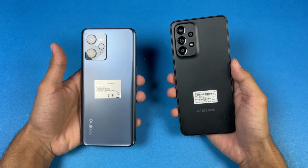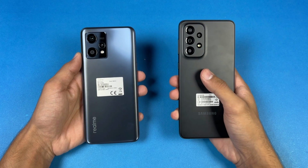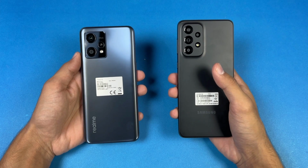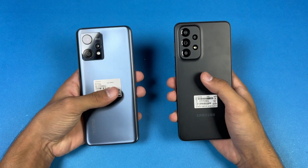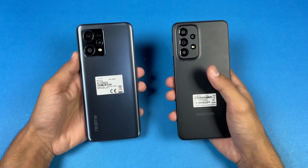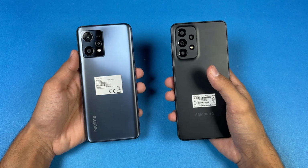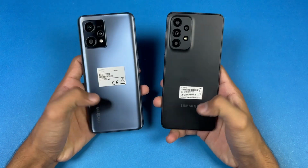Realme 9 4G. A 48 megapixel main camera with optical image stabilization. Also we have an 8 megapixel ultra wide with a 5 megapixel macro and a 2 megapixel depth sensor, while on the Realme we have a 108 megapixel main camera with no OIS. Also we have an 8 megapixel ultra wide with a 2 megapixel macro, and the back on both phones is made